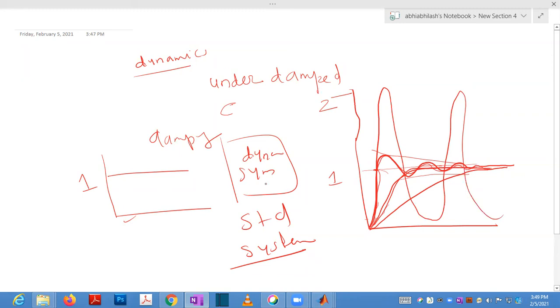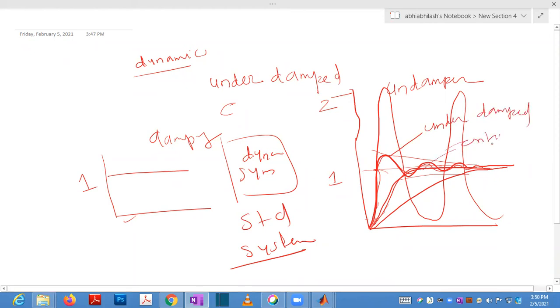So this is called undamped, this is called underdamped, this is called critically damped, and this is called an overdamped system. All the systems we are using are underdamped systems, that is, the damping value zeta is between 0 and 1.